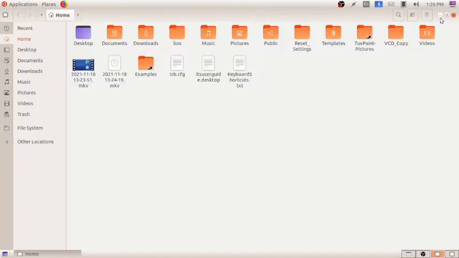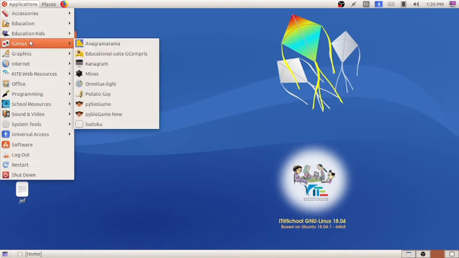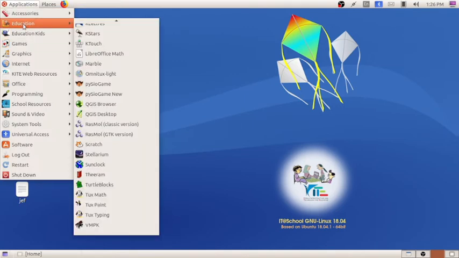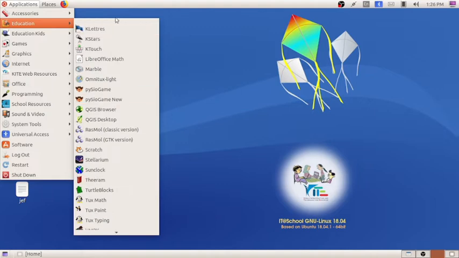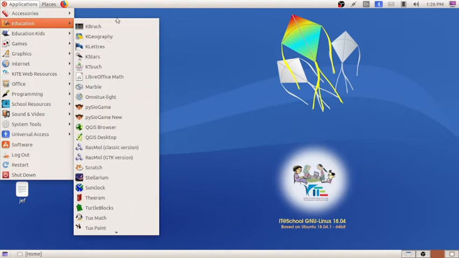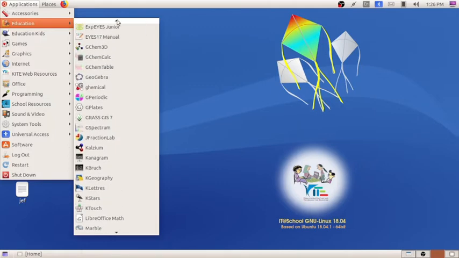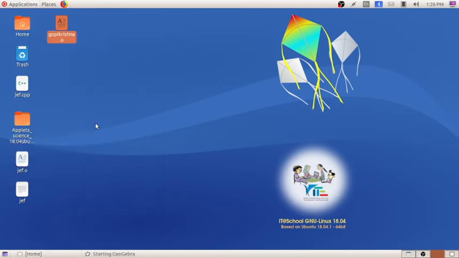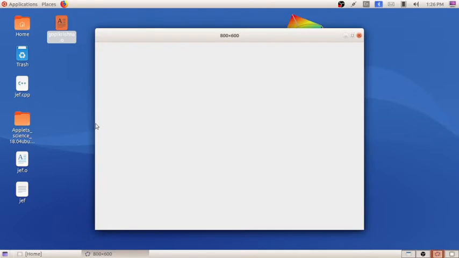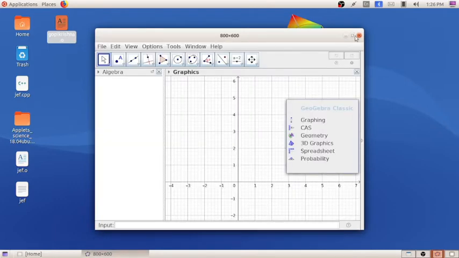So I am opening our GeoGebra application, education. You will be getting that window. Here we are going to do the activities by using the slider.